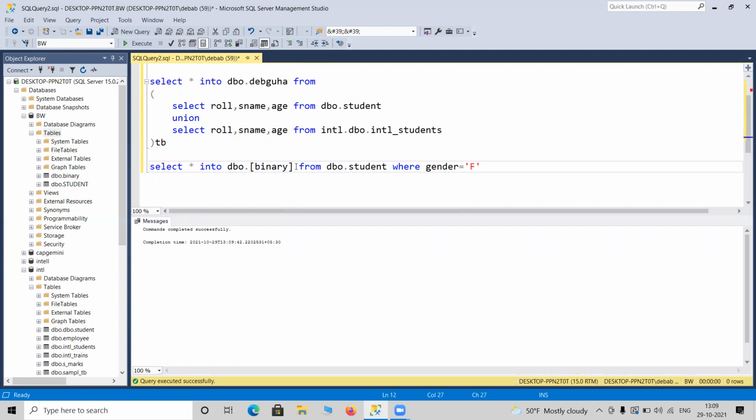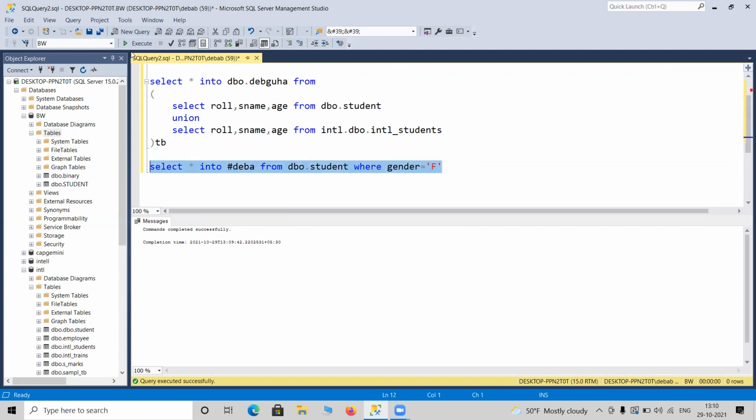Whenever I close SQL Server and turn off my machine, that table should be gone. In that case, you create something with a hash, and you can give any name like deba. Hash means it is going to be created as a temporary table. You cannot see it here.